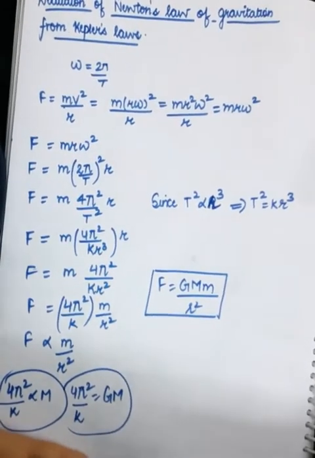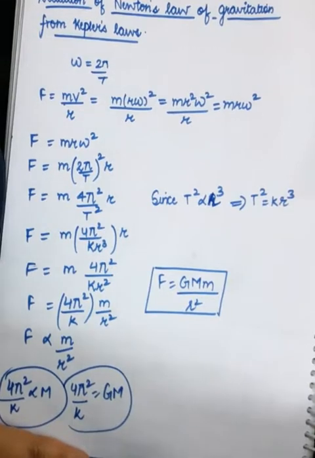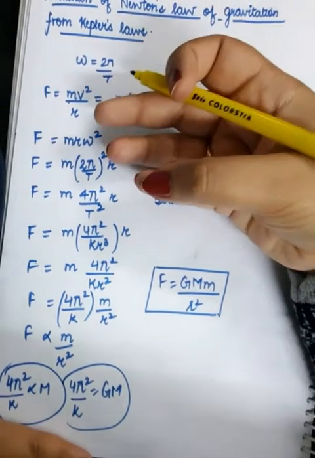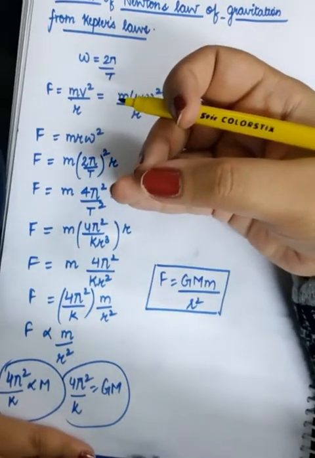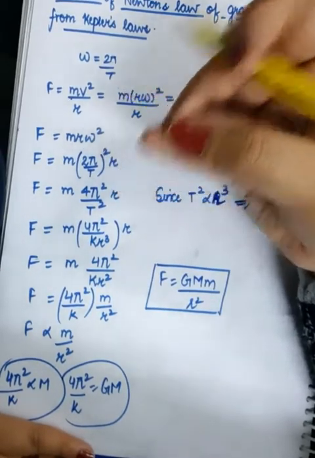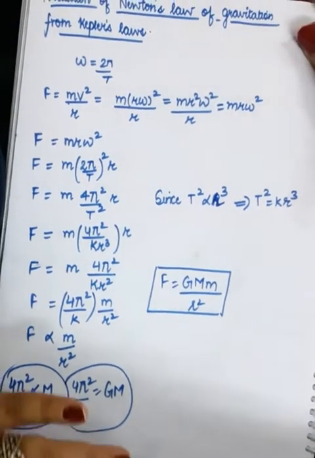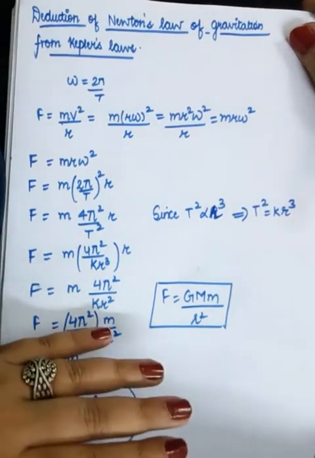Dear students, in this video we are going to continue the discussion on gravitation. So far we have discussed Kepler's laws of planetary motion, and we saw that there are three of them: the law of orbits, the law of areas, and the law of time periods. These three laws describe everything about the planetary motion around the sun, and we have seen how these laws are deduced.